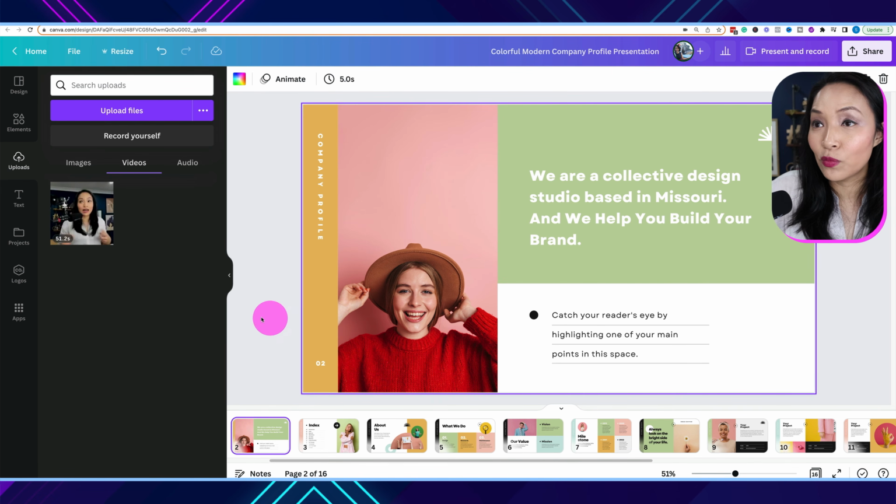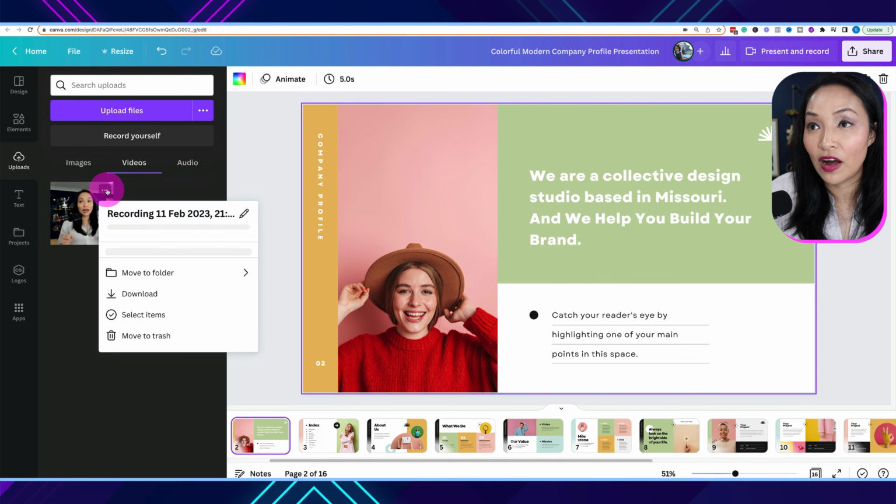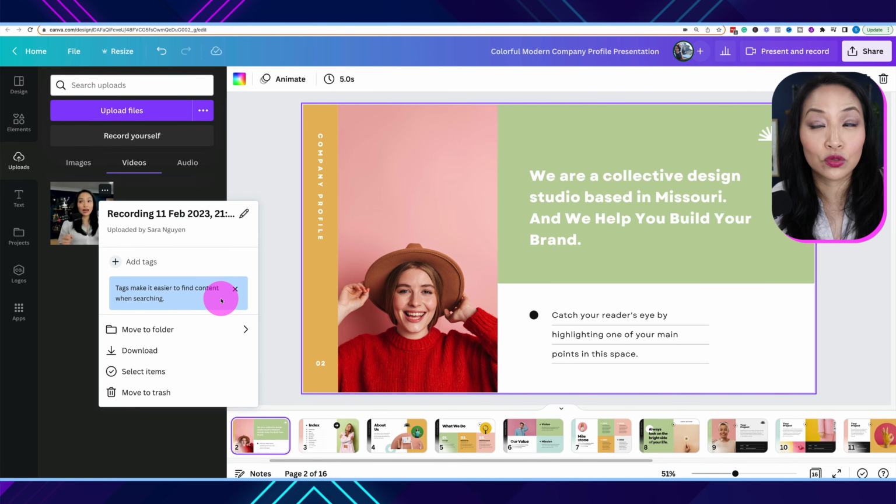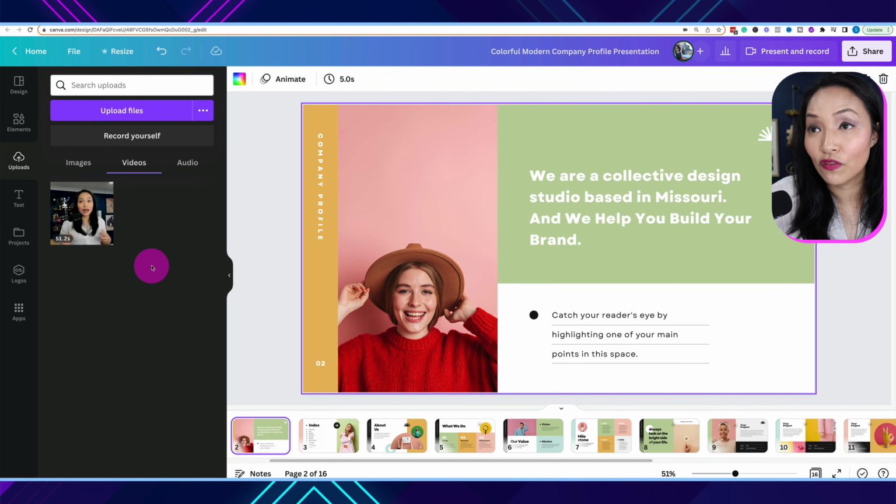So if I wanted to use this in an actual Canva design, or just have the video file and download it and then maybe add it to another file and cut it up, this is where I can do that. That's pretty cool. It's got the whole video file there that you can also play with. So that is basically how you use Canva Present and Record to do a talking head video presentation without having to learn how to use any complicated software.